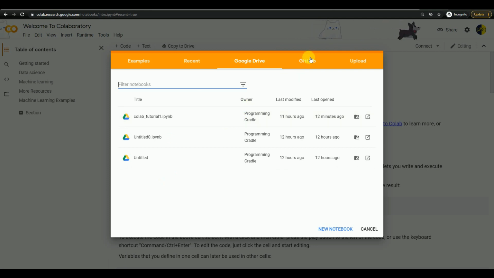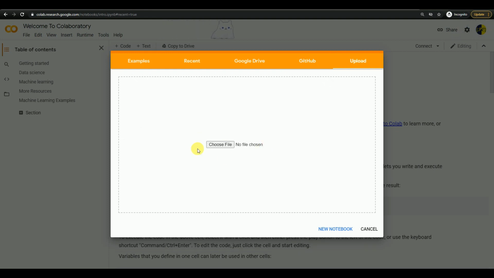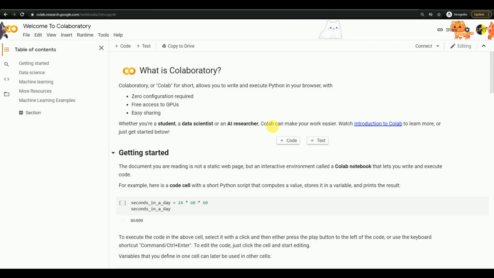It will show you all the files, all the IPython notebooks, and also if you link your GitHub, you can push or pull from GitHub as well. And if you have it on your system, you can upload it from this upload tab. But for now let's cancel this and look at the introductory IPython notebook which you get when you first come to Google Colab.